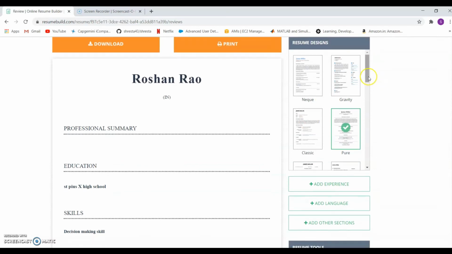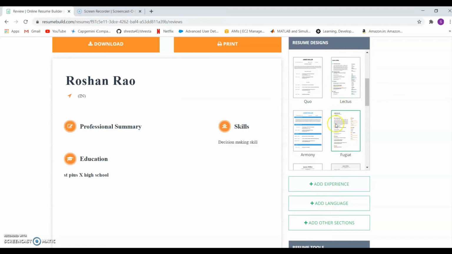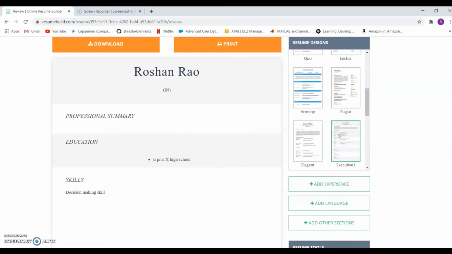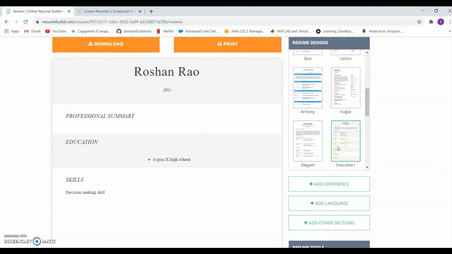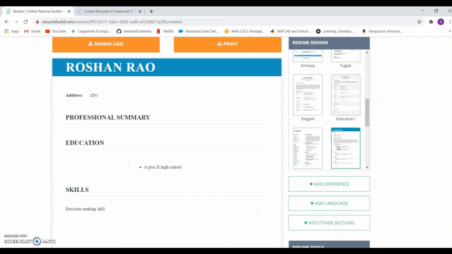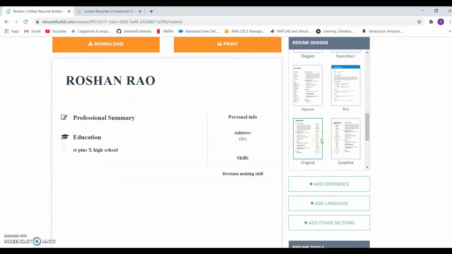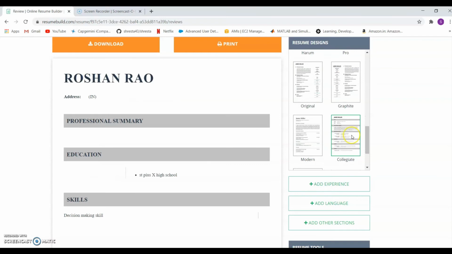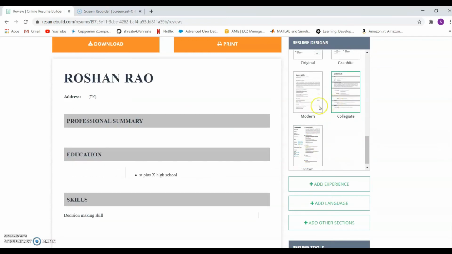I know all of us are lazy, so what to do now? So I have brought you one simple trick to implement and take your resume directly from the desktop itself. So in order to do that, first thing you need to do here is check the resume twice. Be confirmed about the template that you're using. If you want to change your template or the style of your resume, you can change it here itself.